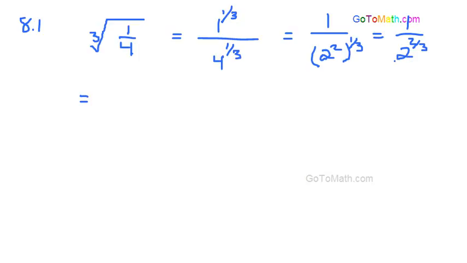What do we do next? Well, we need to get a 1 here. That's what we need. So we have 2 to the 2/3. In order to get 2 raised to the 1st power, multiply it by 2 to the 1/3, because 2/3 plus 1/3 is 1. But if we do that in the denominator, we must also do that up here in the numerator. So we're going to end up with 1 times 2 to the 1/3